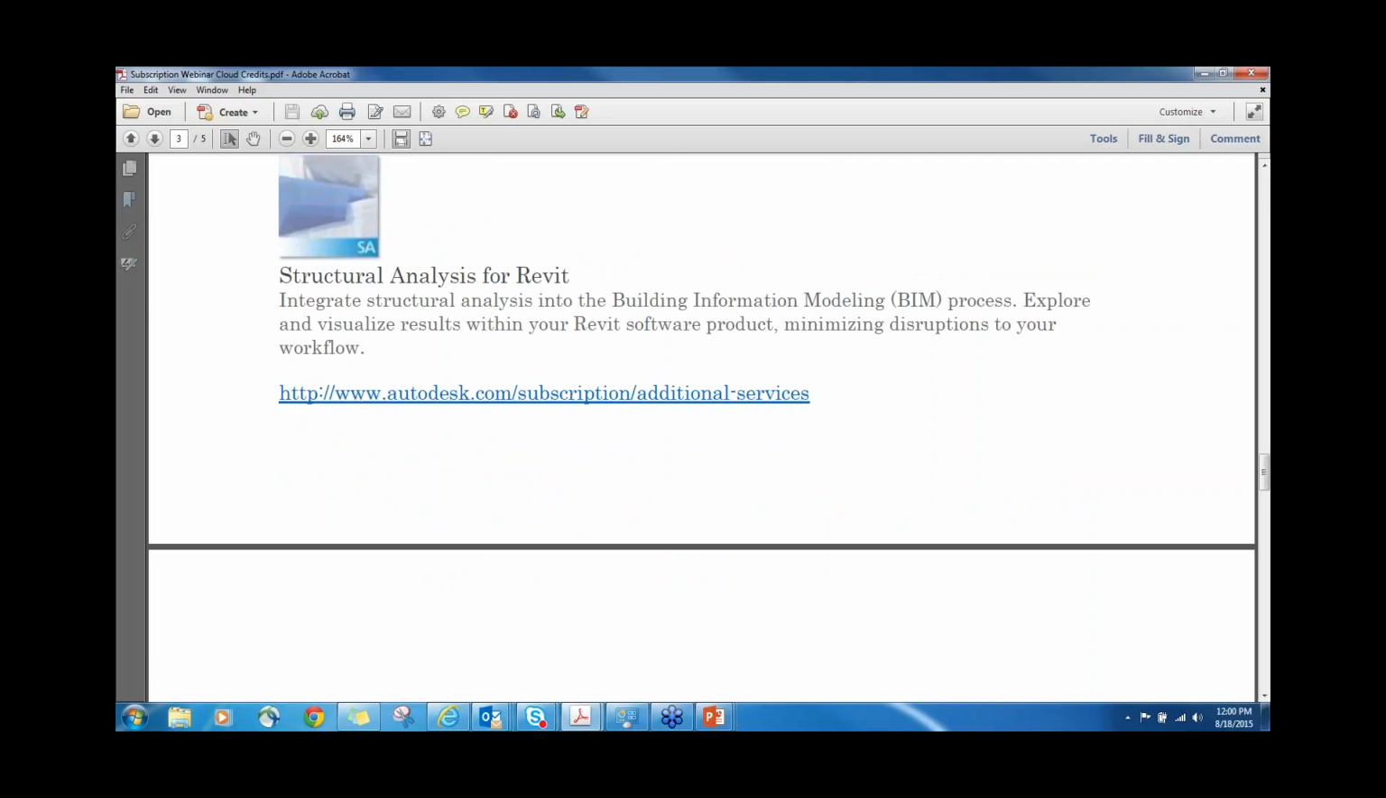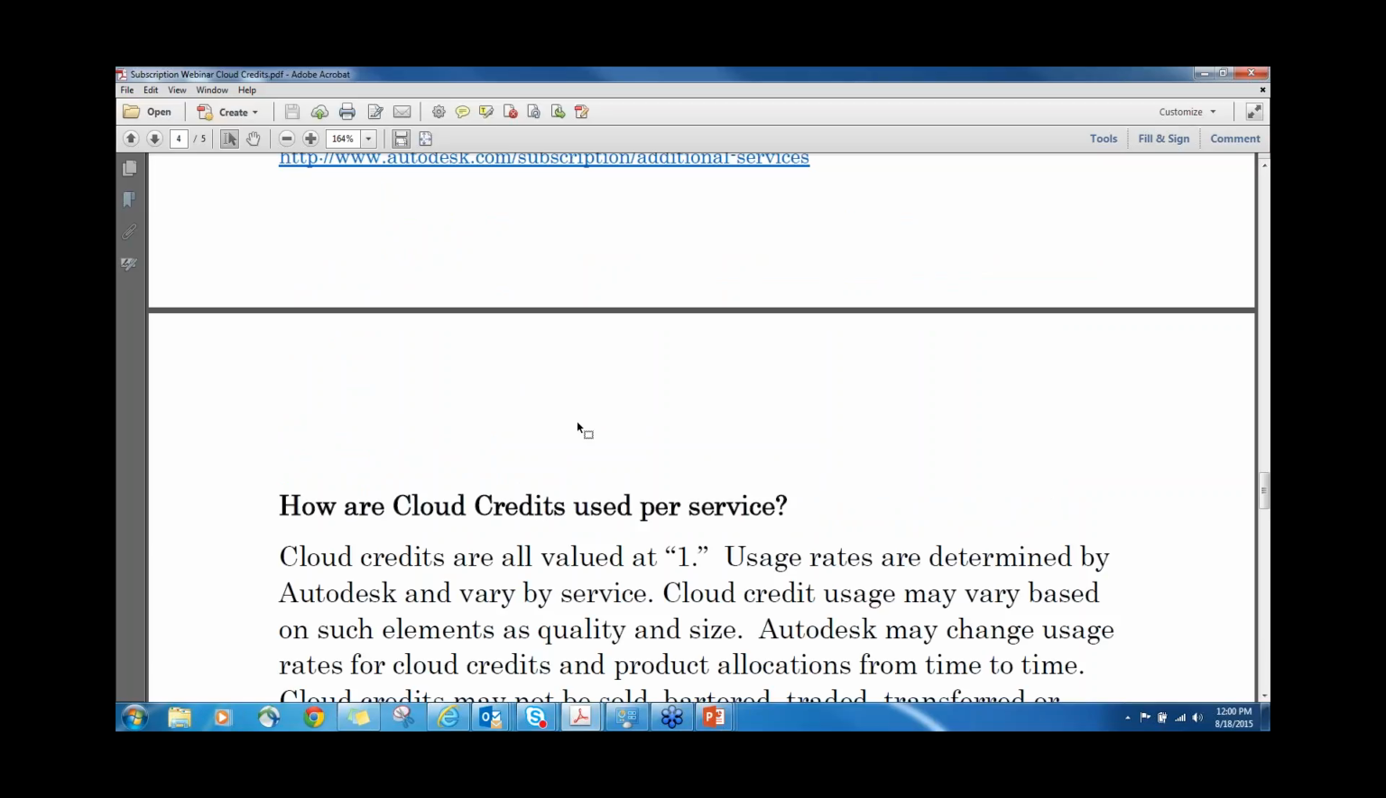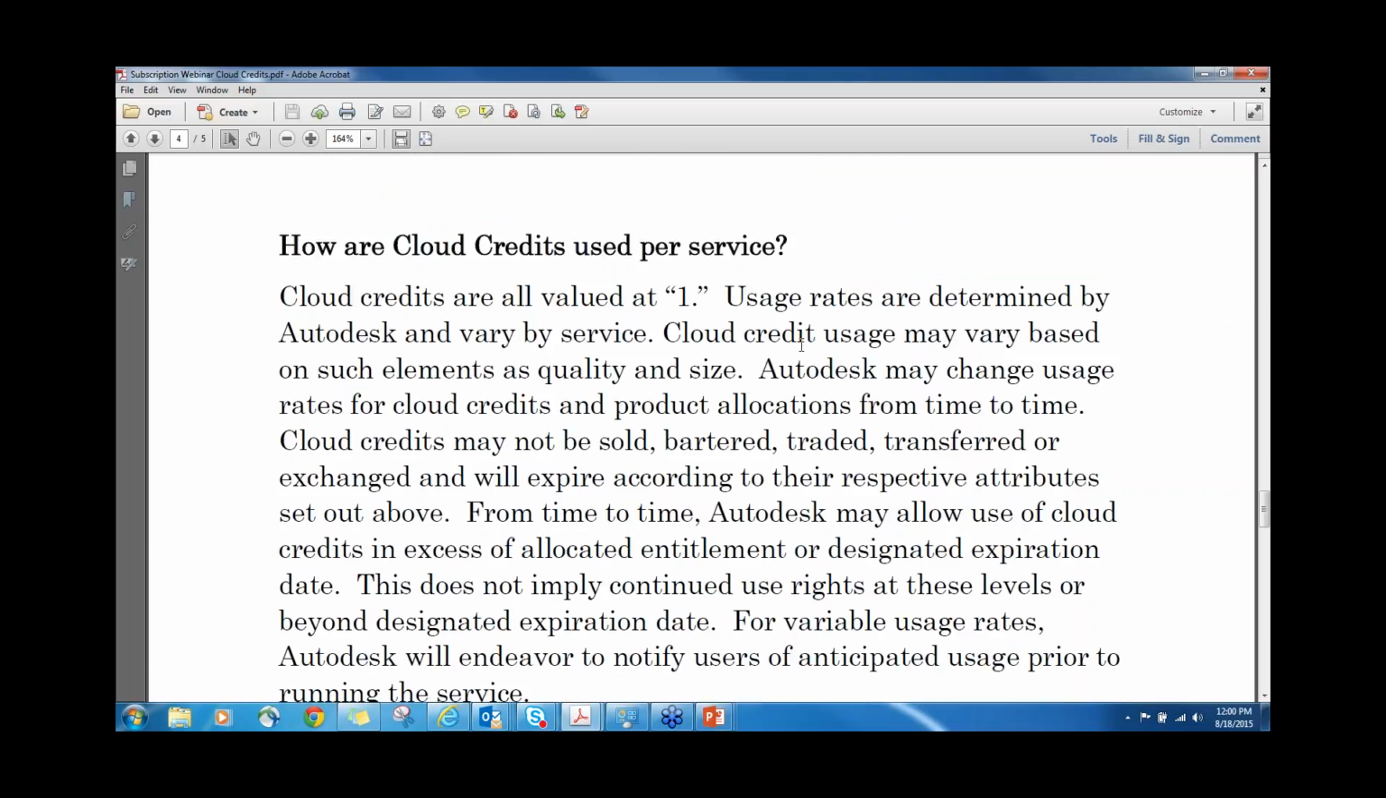How are cloud credits used per service? All cloud credits are valued at 1. Usage rates are determined by Autodesk and vary by service. Cloud credit usage may vary based on elements such as quality and size. For an example,